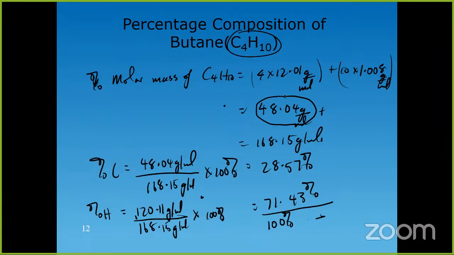Okay, so what does this mean? This means that this here works out to be 10.08 grams per mole, right? That means that this here would be incorrect. So what does that give? 48.04 plus 10.08. So this should be 58.12 grams per mole,